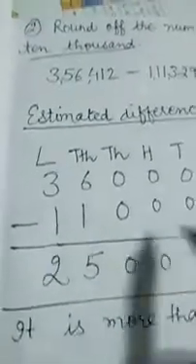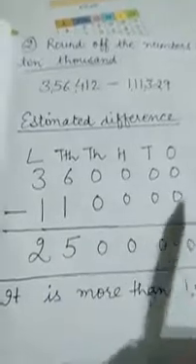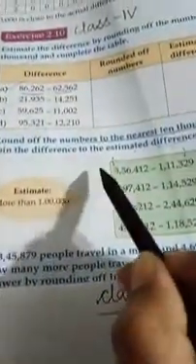Now for the estimated difference, we will firstly write 3,60,000 minus 1,10,000. After doing subtraction, we will get 2,50,000. Yes. Now here what to do next? Here it is written, draw arrows to join the difference to the estimated difference. Here on both sides of the box you can see what is written: estimate more than 1 lakh. Here is estimate less than 1 lakh.